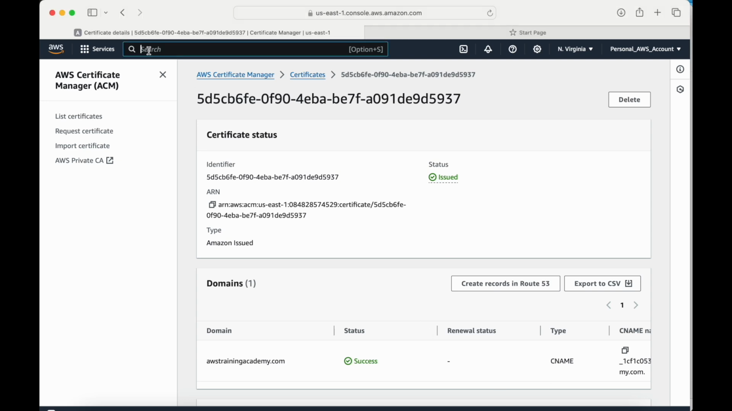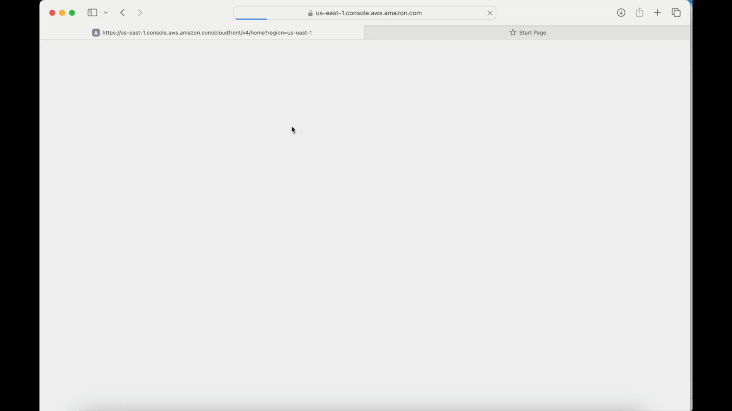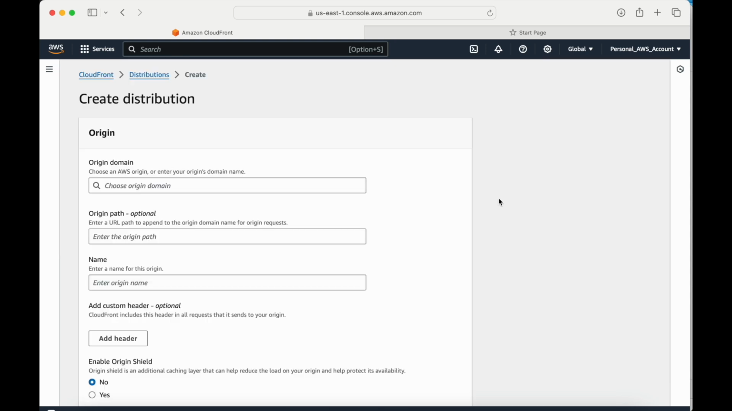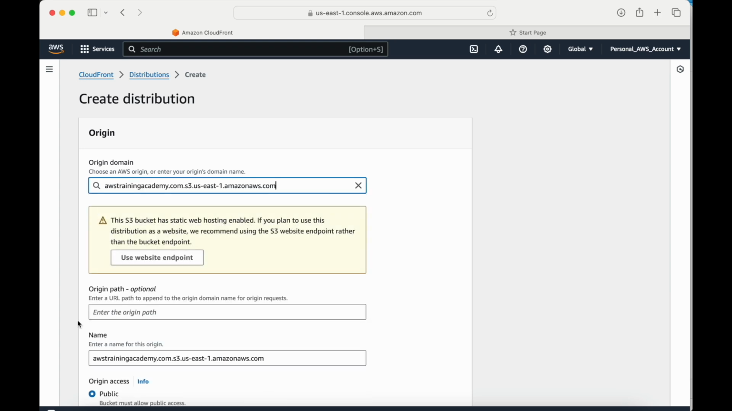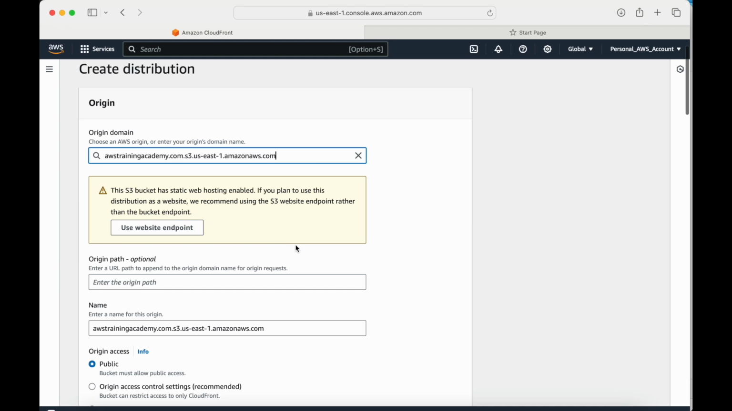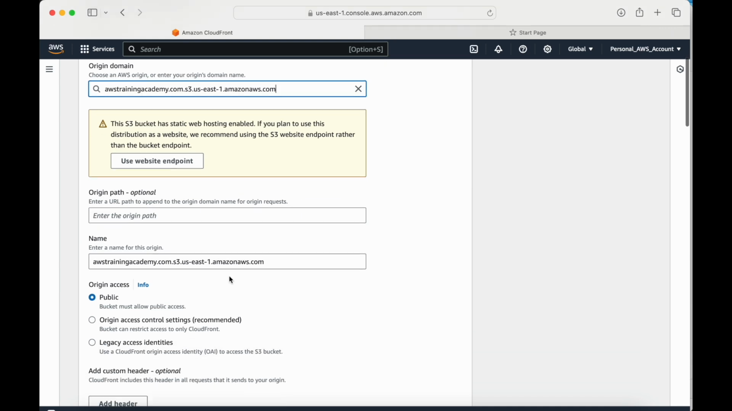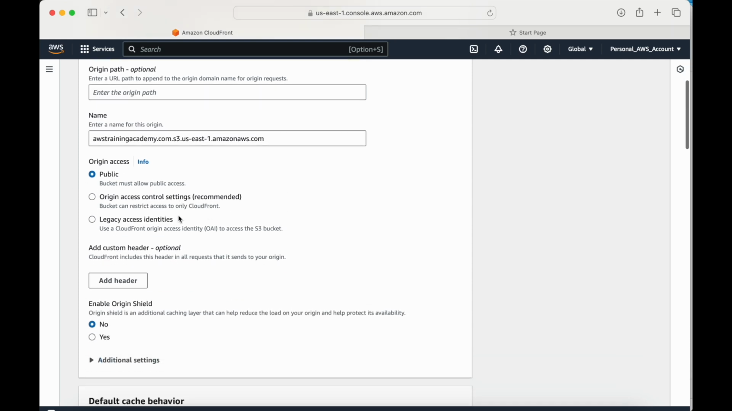So I'm going to go to CloudFront and create a CloudFront distribution, and it says choose the AWS origin to enter your origin domain name, and that is this one. It will automatically show up. Next, the origin path, which is optional, so I'm going to leave that as is. Name I'll leave as it is, public, and